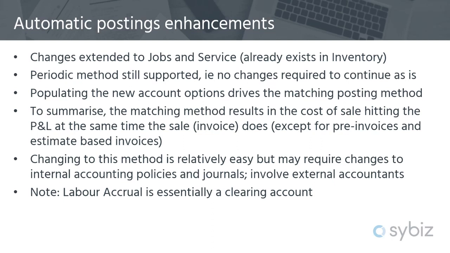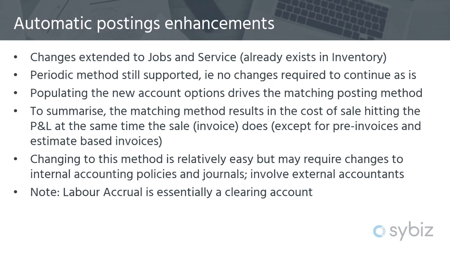So the idea of the matching is that it matches the revenue and costs in the same period as which the sale occurs. So there are some exceptions there, pre-invoices and estimate-based invoices. Because they're essentially using pseudo costs, you lose that connection between the actual costs and the costs associated with those jobs, and in that regard, there's not much we can do about that. So the costs will hit the P&L at the time the pseudo costs are journaled toward the end of the